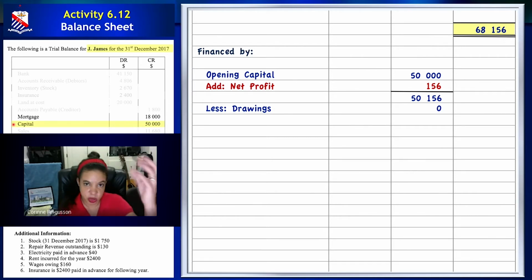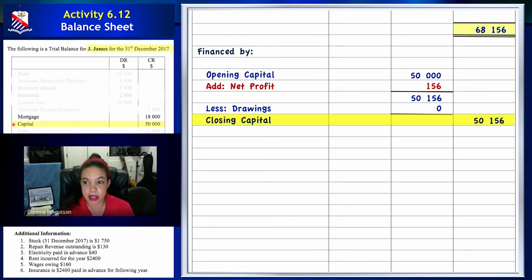If you're just doing the format as you learned it, you're not going to lose marks if you put in drawings. You're not going to lose marks if you don't put any drawings, because there are none. Okay? So that means that your closing capital is $50,156. So you finish that very easy part, and then the last thing that you do is